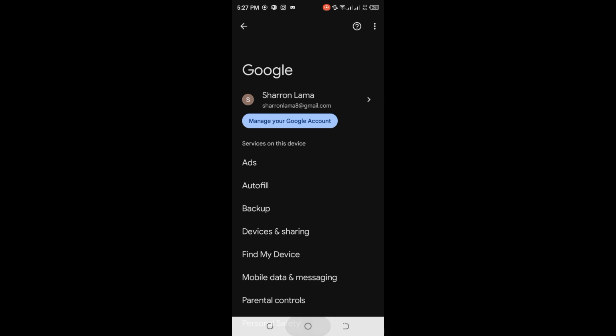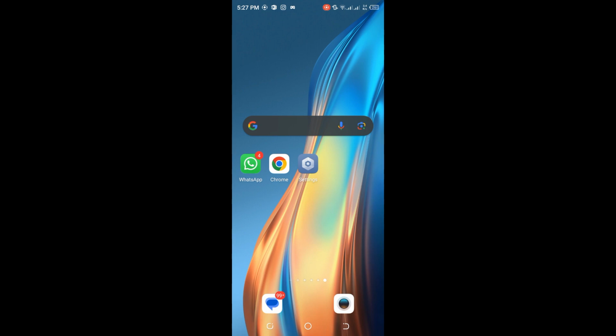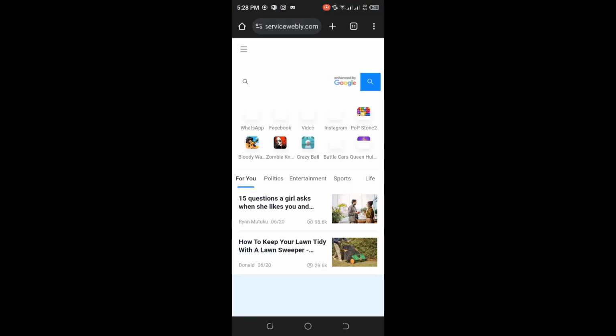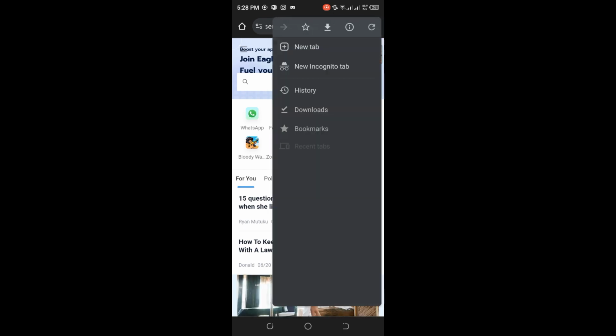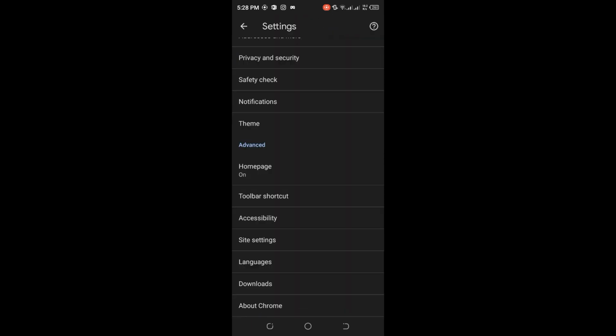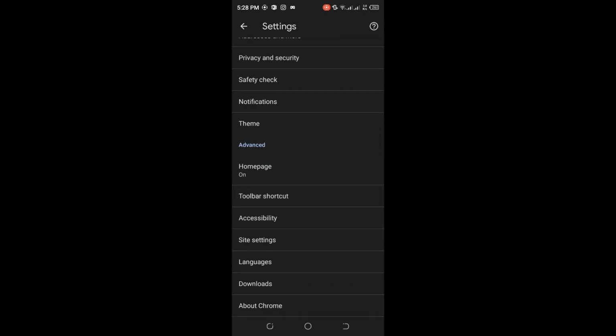And alright, so we have to open our Google Chrome after this. So let's launch our Chrome, and over here tap on the three dot icon which is on the top right corner of your screen, and we have to tap on the settings which is on the second last option. And from here we have to scroll a bit down, and there we can see there's site settings just below the accessibility. Tap on that,